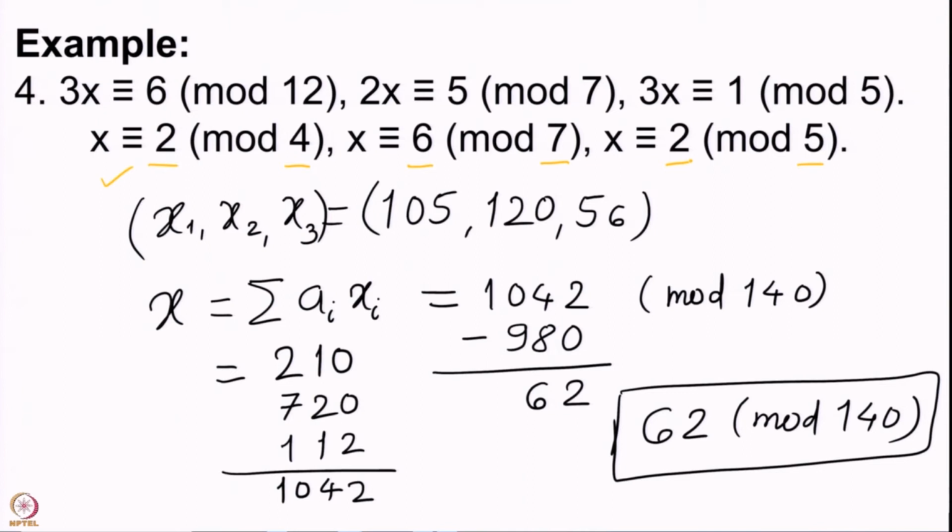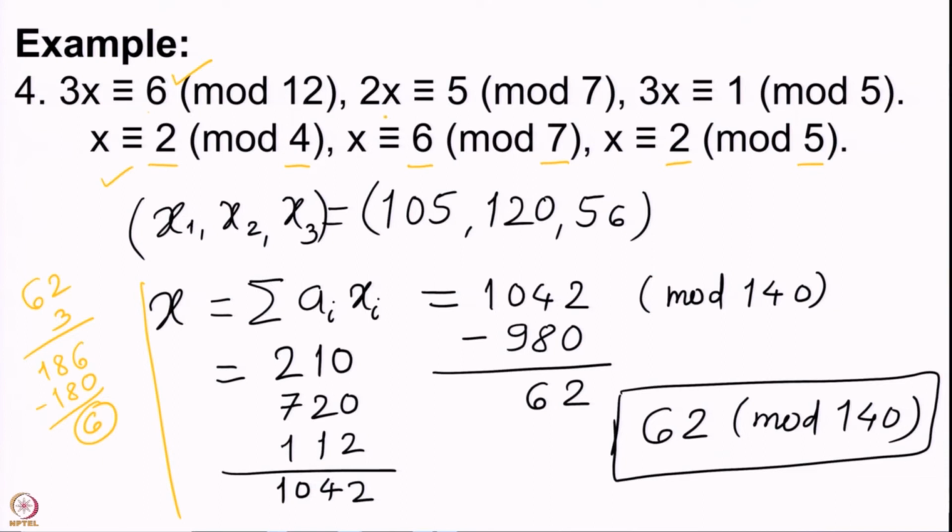Shall we also quickly check what happens when we do these computations? So, if you have 62, you want to multiply it by 3. So, let me do it on one side here. 62 into 3 gives you 186, and you want to remove multiples of 12 from that, and indeed you can remove 180 itself to get 6 as the remainder modulo 12.